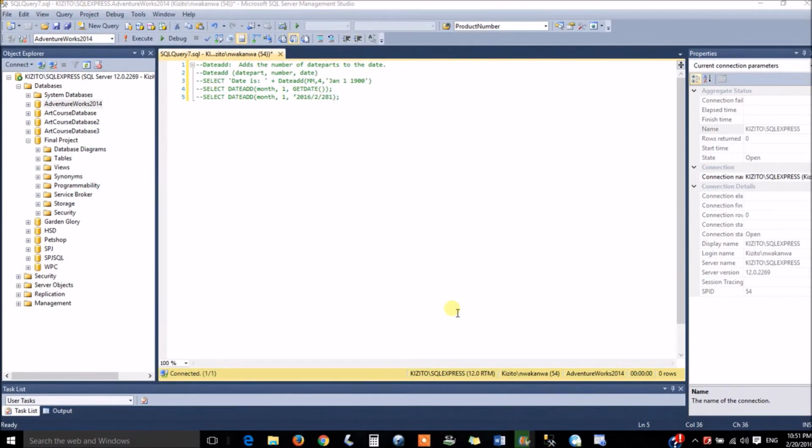Now this segment is going to be focusing on DATEADD. As you know, the name means it's got to add something, either by characters or by integers. Now we have a few commands right here that